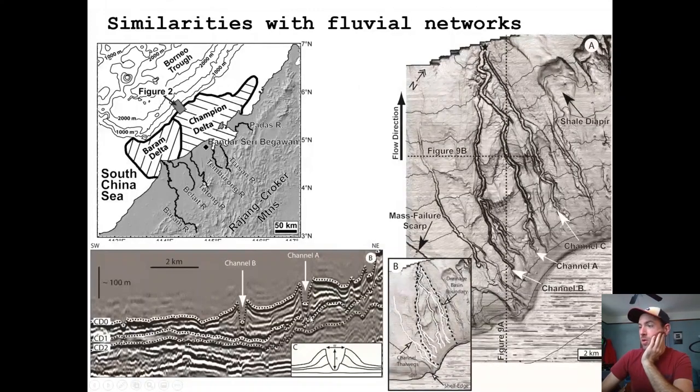You might also see, for example, here's some seismic data cutting across some of these submarine channels, and you can see, just like we saw in the fluvial system, you have the channel, you have a levee complex, right? You have channels and levees, and then you get the elevation of parts of that channel above what you would call in the fluvial system a floodplain, but what is just the abyssal plain here in